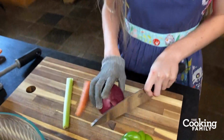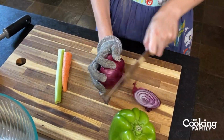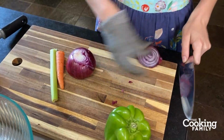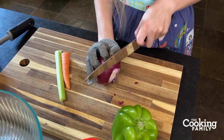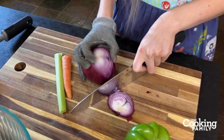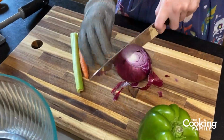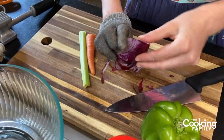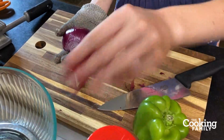So I'm just going to cut the stem off of this onion and cut the root off. And I'm actually going to cut the entire root off because we're just going to cut it into 4 pieces. So I'm going to get all of the pieces of root out of there and then chop it in half and then peel it. The peel should come right off like that, and if it doesn't, just go